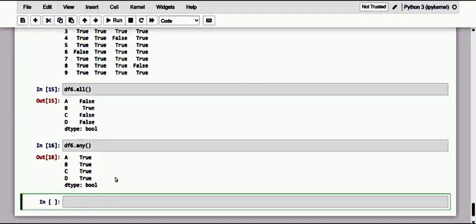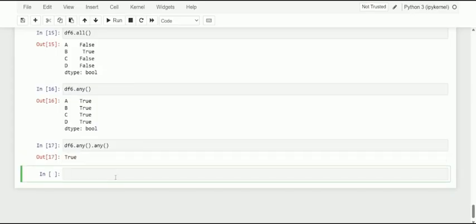An interesting thing when we apply the any method twice: a single Boolean value is obtained by confirming at least the presence, in the entire data frame, of a single element that satisfies the condition. Let me just have a look at that also. If you just use any twice, of course we just get a single value, obtained by confirming at least once the presence in the entire data frame of a single element that satisfies the condition. Got it, dear friends?